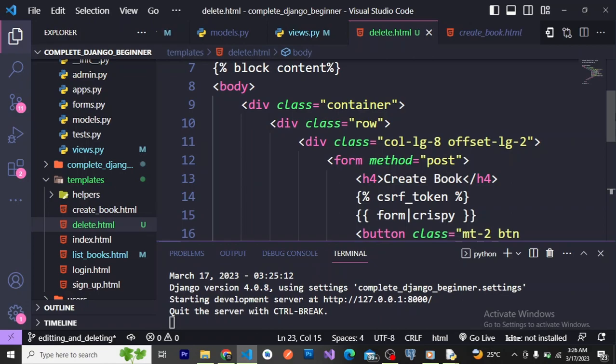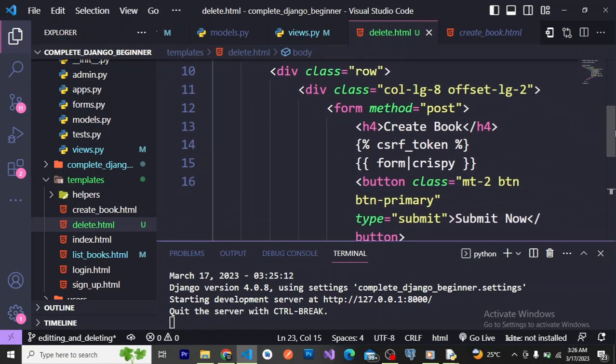And we also have the create generic view, which is used for creating, which we will not talk about in this playlist, but it's still similar to this. Just watch that playlist so that you have more in-depth understanding about Django generic views, right? So this should be delete book